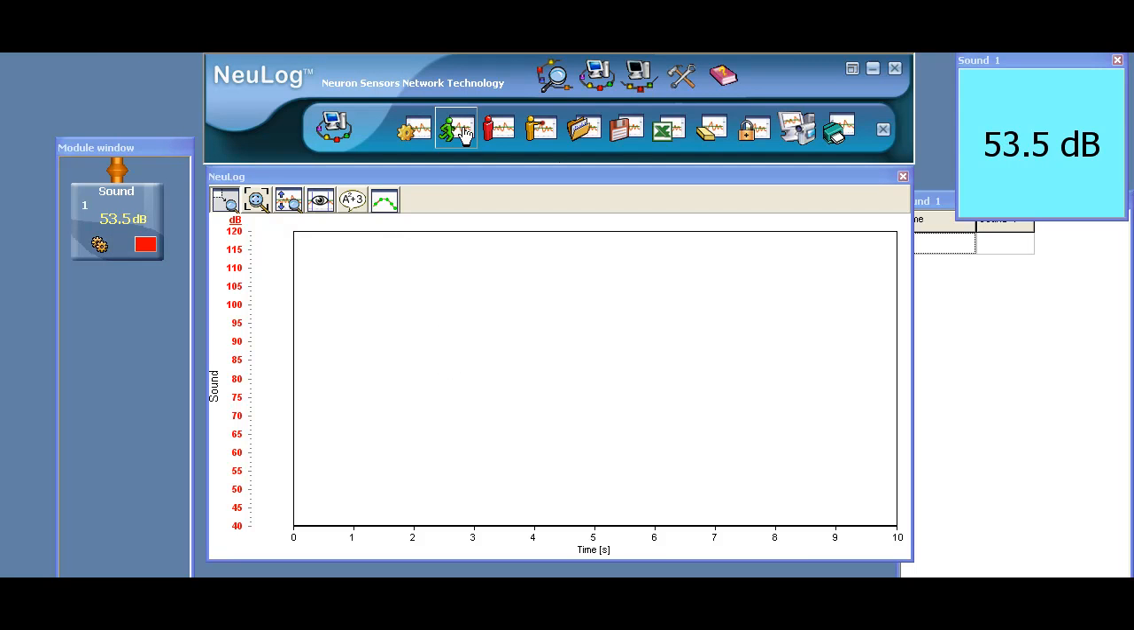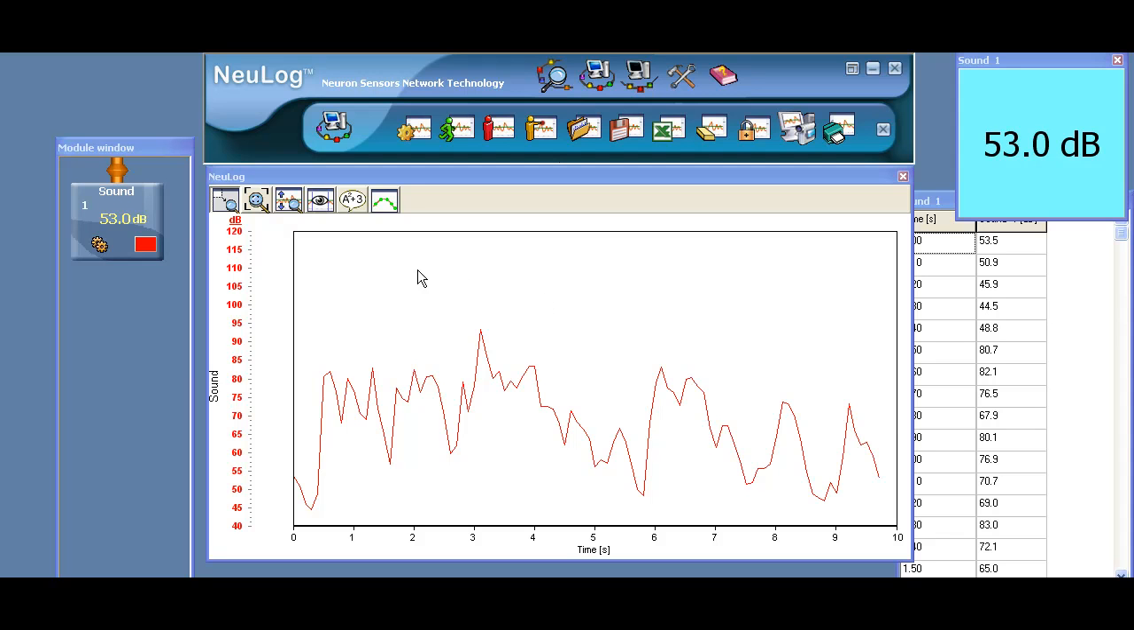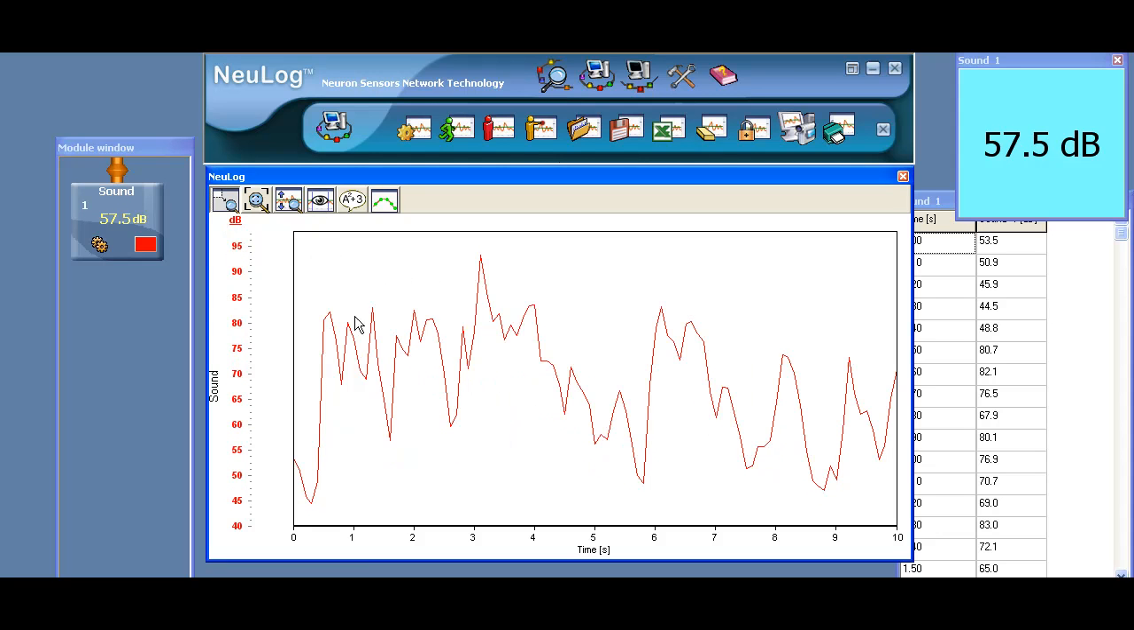So now I'm just going to run a quick experiment, and I'm just going to talk into the sound sensor now and go a bit soft and then a bit louder, and you can see how it measures the sound level in decibels. And there we are, very simple, and you can do various mathematical calculations using it. Okay, so that's very simple online. I'll cancel that data,